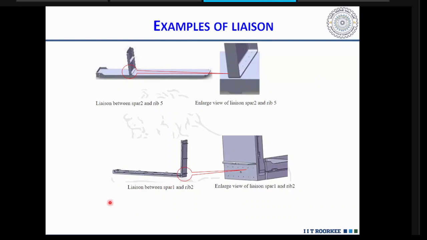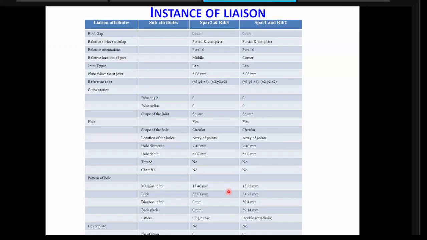So this is one example of liaisons. We have taken a wing of an aircraft, and I have taken two parts. This is the spar, and this is the rib, and this is the enlarged region. If you see here, there are 6 holes, and this is spar 1 and rib 2, and this is the liaison. Now, whatever joint information is available there,